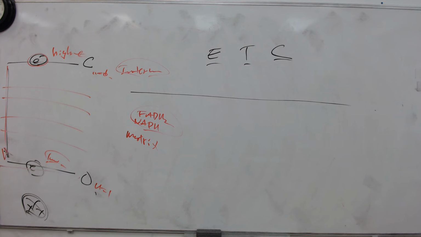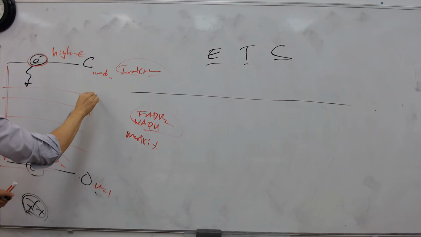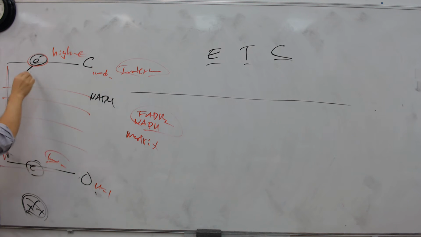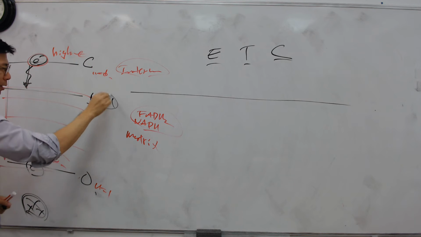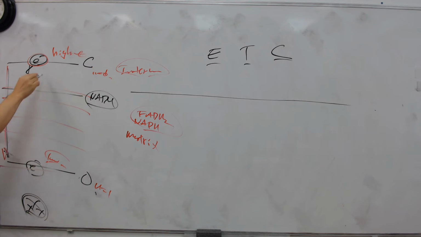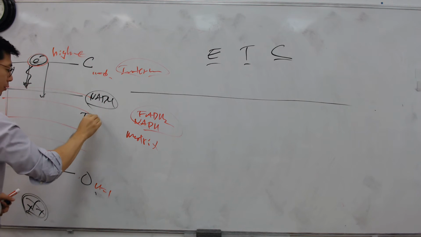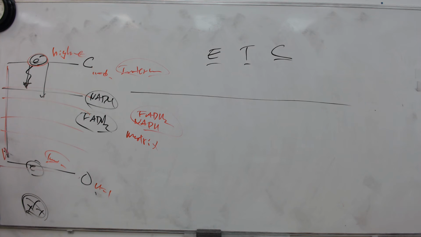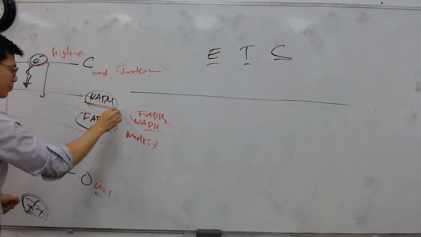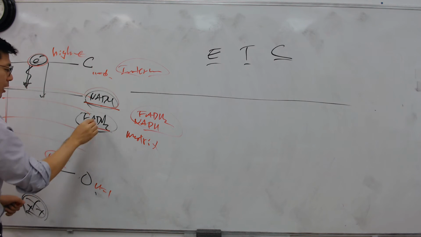Okay, that's what's happening. So basically, the electron is captured now by NADH. They use some energy to come down to NADH, and also to FADH2. So basically, what's happening is the high energy electron is being carried by NADH and FADH2s, okay?